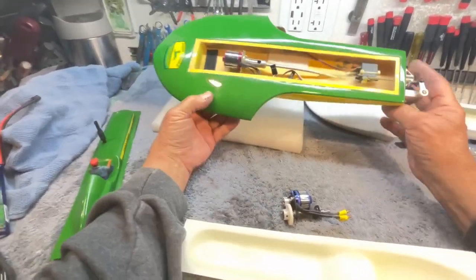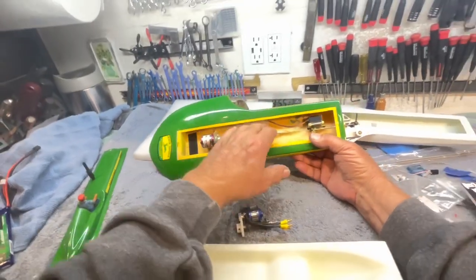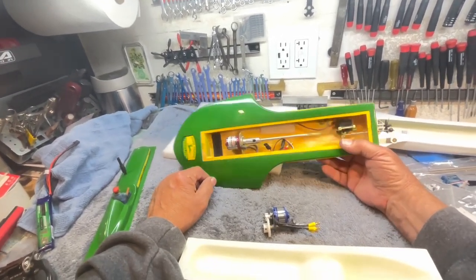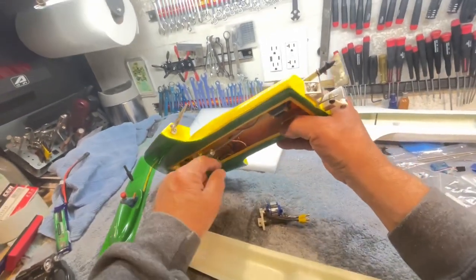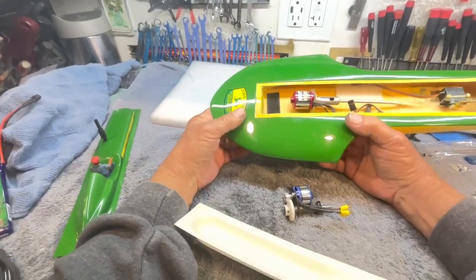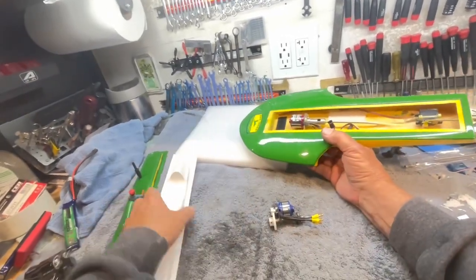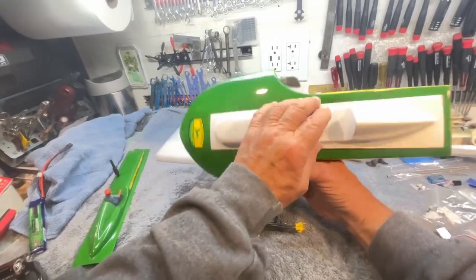So, talking about how many amps and such, this motor probably ran on 15 to 20 amps. You know, it has the ubiquitous 30 amp speed control buried in there somewhere. And this was enough power, even with the nickel metal hydride cells. That was enough power to